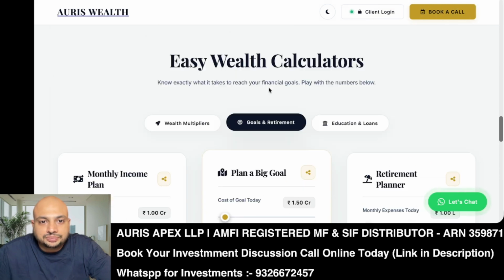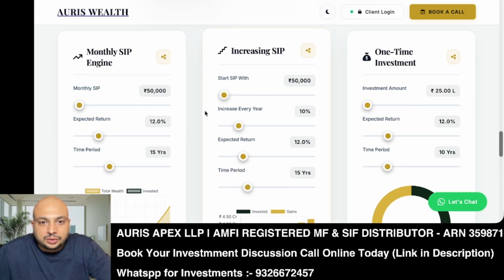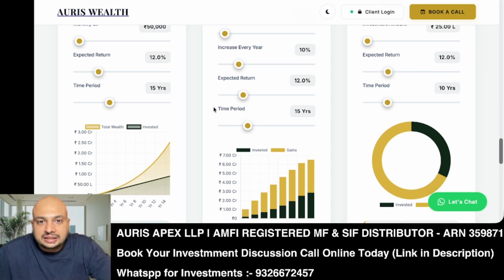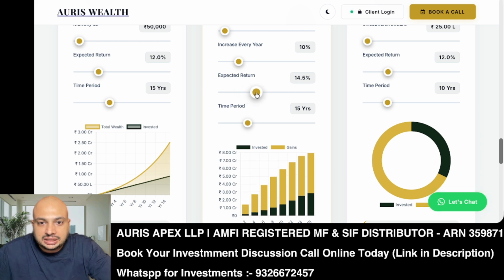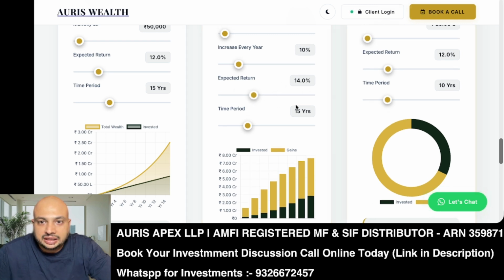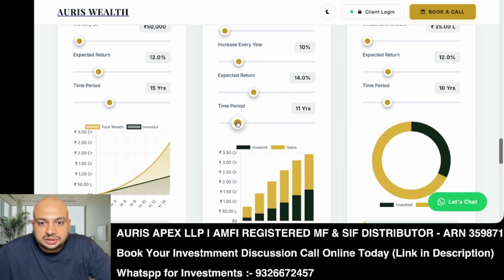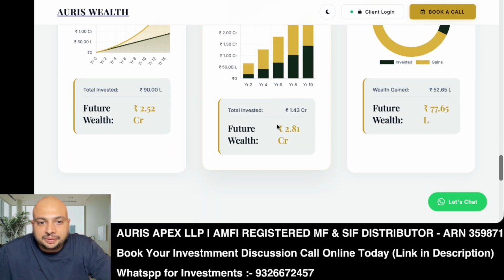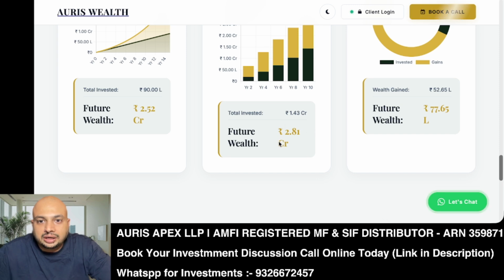So now let's look at, if you do step up SIP, okay, then how much will be the required investment. So we'll start with 75,000 rupees. The increase in SIP amount is 10% every single year. So the SIP will keep on increasing by 10% every year. Expected return, we kept 14% over there, considering multi-cap category return in the last 5 years on an average. And the time period is 10 years.